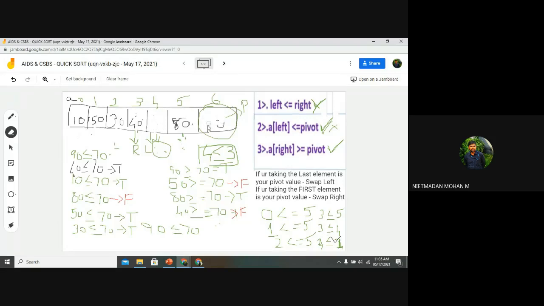So you want to swap this last left number and the pivot number. That is, 90 will be replaced here, 70 will be coming here, and 90 will be replacing the pivot number. Now you can see that the lowest numbers have been arranged in the left hand side. Am I right? Yes, sir. And the highest numbers have been arranged in the right hand side. And we already discussed that the normal position of 70 in this unsorted element is 4. And that pivot value has been arranged in its particular place, right?